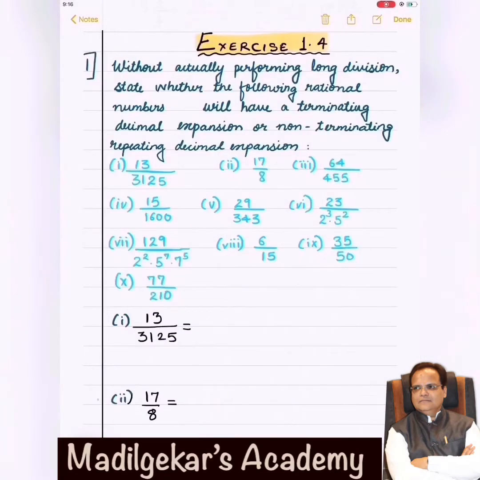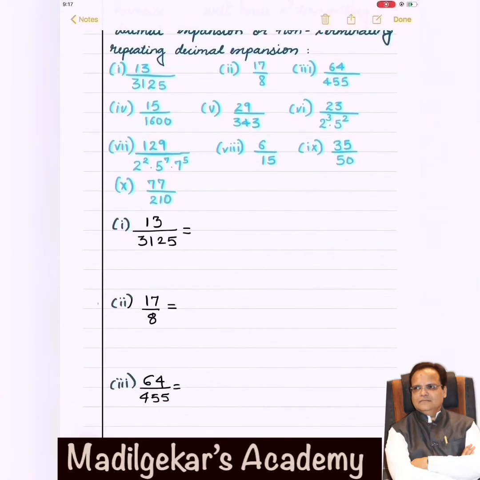Exercise 1.4, question number 1. Without actually performing long division, state whether the following rational numbers will have a terminating decimal or non-terminating repeating decimal expansion. Just by factorizing denominators, we can conclude whether the given rational number has a terminating or non-terminating expansion. First bit, 13 upon 3125. As we know,